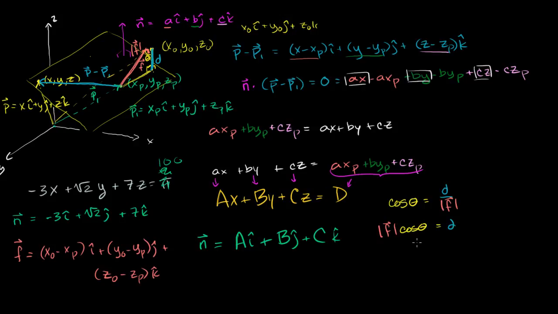But that's still, you might say, okay, well, Sal, we know what f is. We can figure that out. We could figure out its magnitude. But we don't know what theta is. How do we figure out what theta is? To do that, let's just think about it a little bit. This angle theta is the same angle. So this distance here isn't necessarily the same as the length of the normal vector, but it's definitely going in the same direction. So this angle here is really the same thing as the angle between this vector